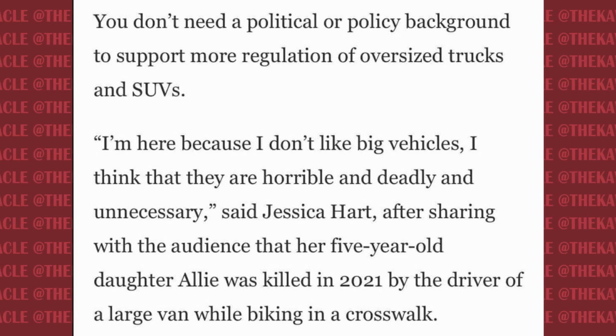biking in a crosswalk. The thing with regulations is a lot of regulations are paid for in blood, and it's obviously terrible what happened to that woman's daughter, but that's why speed limits are lowered. Like in the UK right now in London, a lot of the speed limits have been reduced to 20. People get really mad about this. I don't think it's such a bad thing, because the likelihood of you basically killing someone going 20 miles an